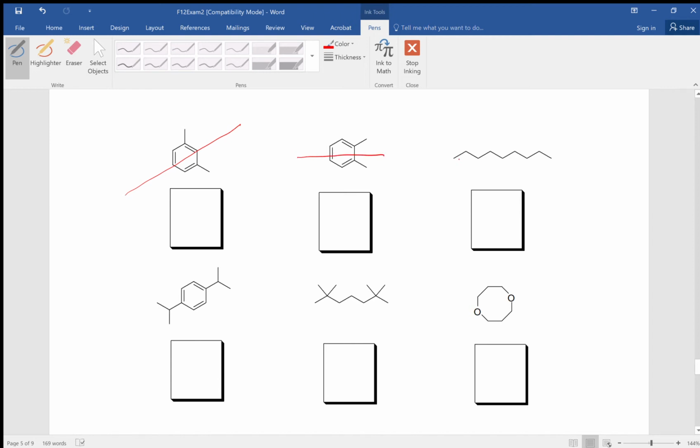This one, and so being able to recognize those lines of symmetry will end up making our life a lot easier as we're trying to work through these. Now, I'm going to erase some of those symmetry lines. Well, no, we should be able to work with them. But from here, it just becomes a matter of identifying